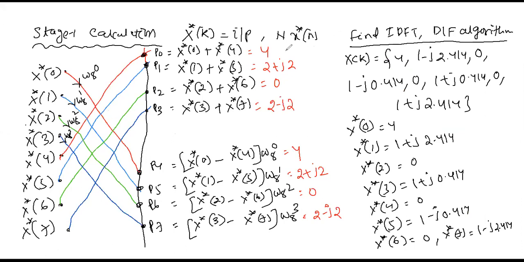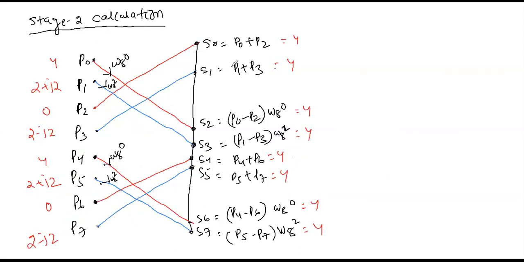Now I use the DIF butterfly to write these equations. It's very easy. The upper one is a simple plus of the inputs, and the lower one is a minus of the inputs multiplied with the twiddle factor. That is very easy. See, the first 4 are simple plus, and the second 4 are minus, multiplied with the twiddle factor. Omega 0, 1, 2, 3 are the twiddle factors. Clear? And in the same way we did stage 2. The stage 1 output becomes the input to stage 2.